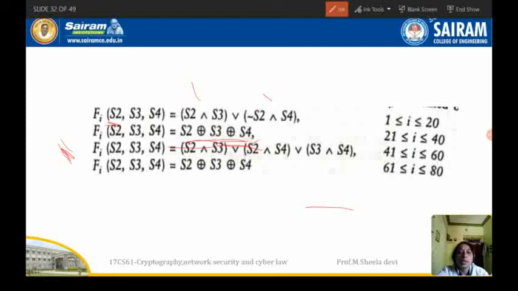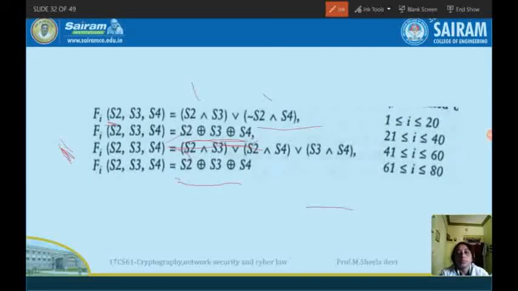Then for the 61st to 80th rounds, the formula is S2 XOR S3 XOR S4. So these are the formulas applied for the function mentioned in the previous slide. For the first 20 rounds, this is the formula; for the second 20 rounds, this is the formula; for the third 20 rounds, this is the formula; and for the fourth 20 rounds, this is the formula.